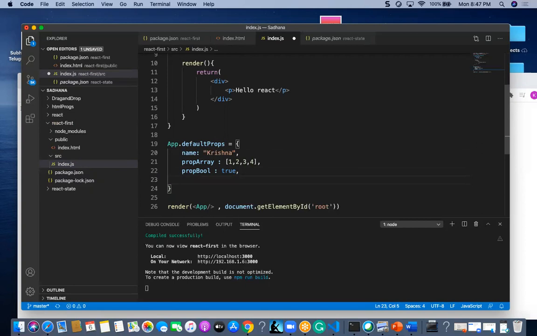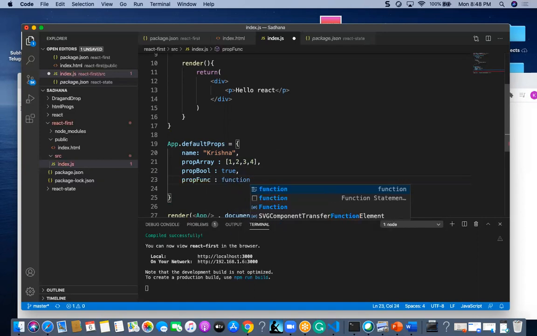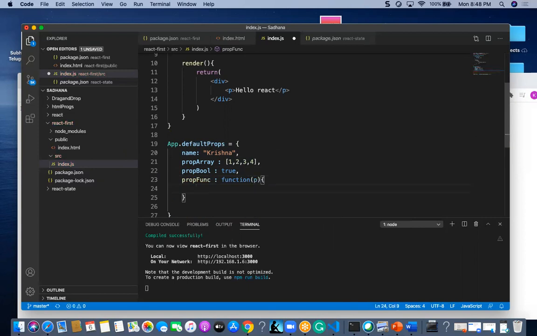One more thing: this is just an object which has the properties. I will also add a prop function, where I return p.